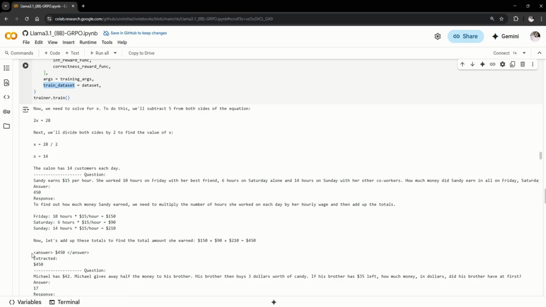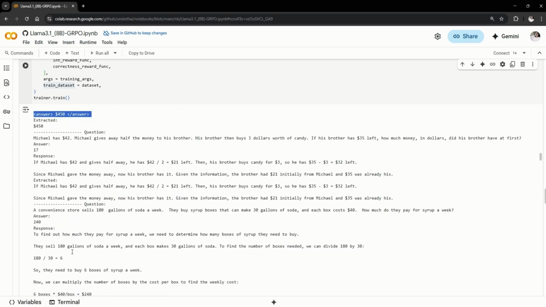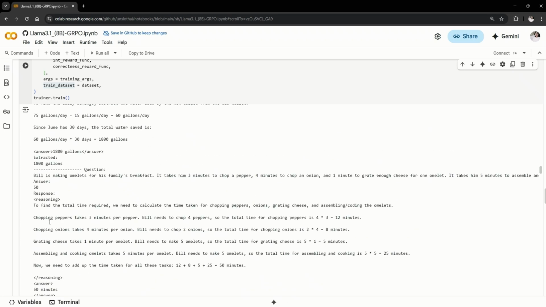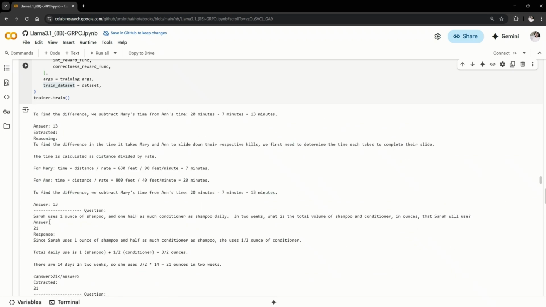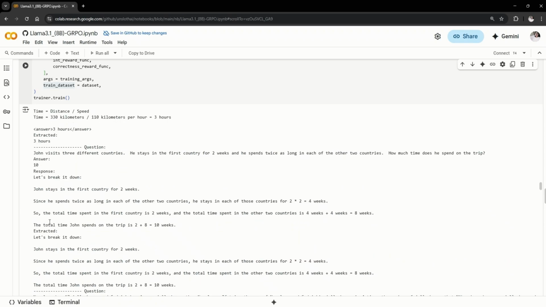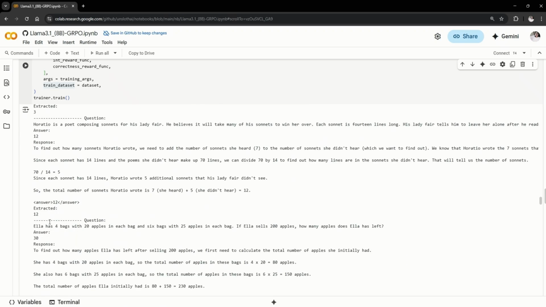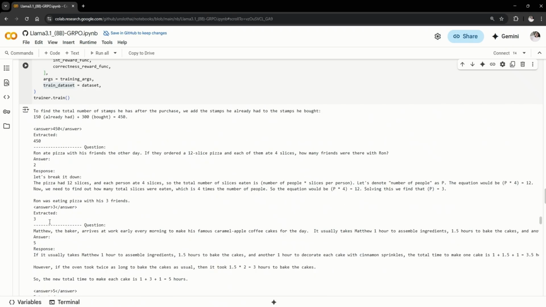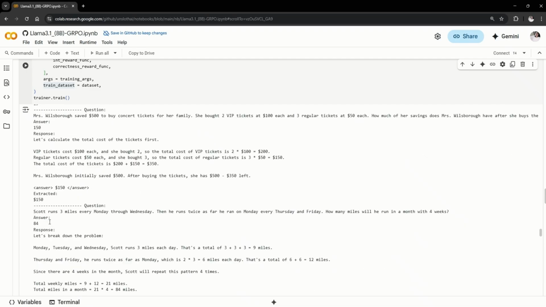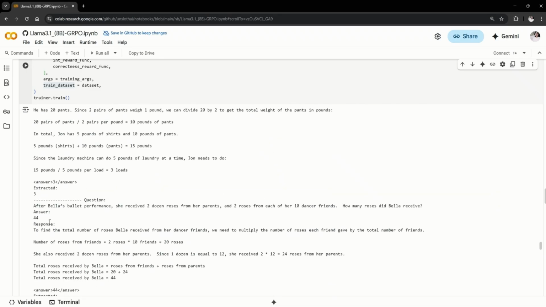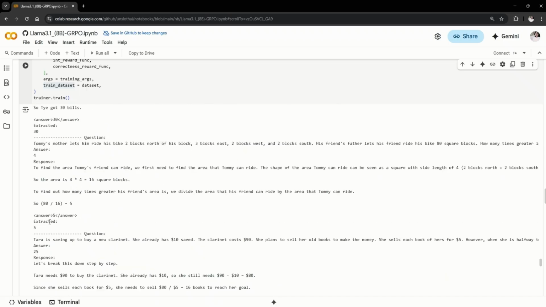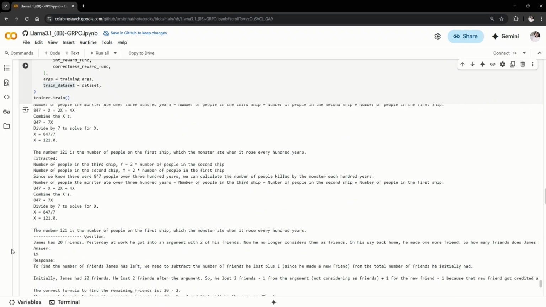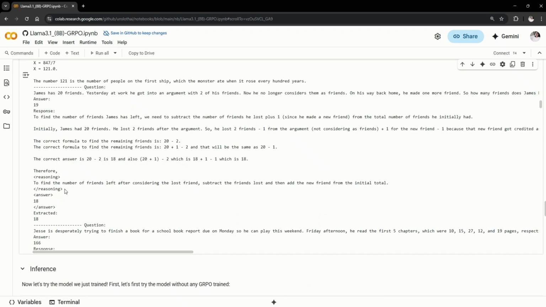If you see here, this is the answer tag within which it is coming up, and let's see if there is a reasoning tag there. Okay, maybe towards the very end it is appearing. This is a long process of 250 steps that it has run, and the training has happened. In the very first 100 to 150 steps, it would not learn to include those. It's only after that, in the later steps, that it tries to learn it. So maybe you can check this. Okay, I see one reasoning tag here. Yeah.